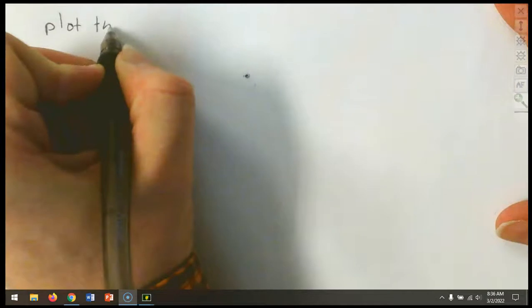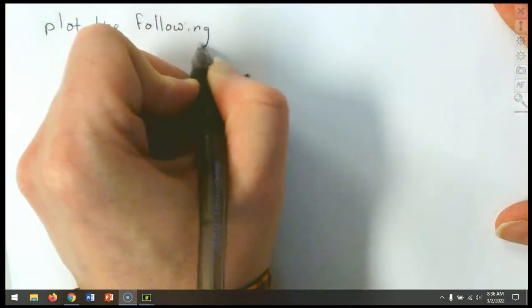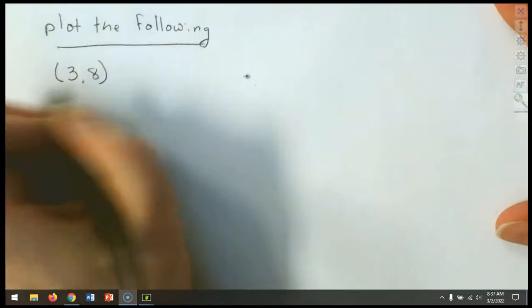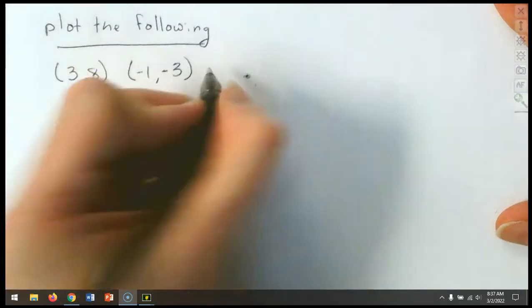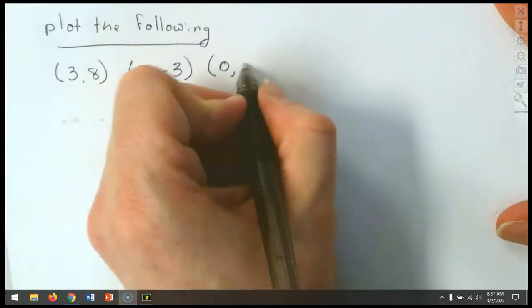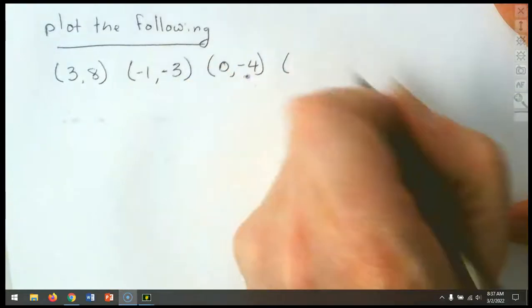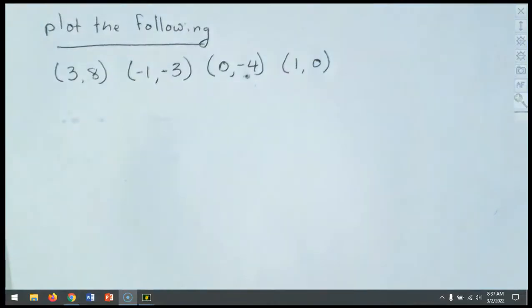So we're going to plot the following. Let's plot 3, 8, minus 1, minus 3. How about 0, negative 4, and 1, comma 0. So we're going to go ahead and plot